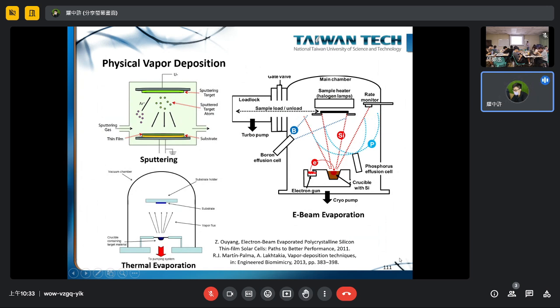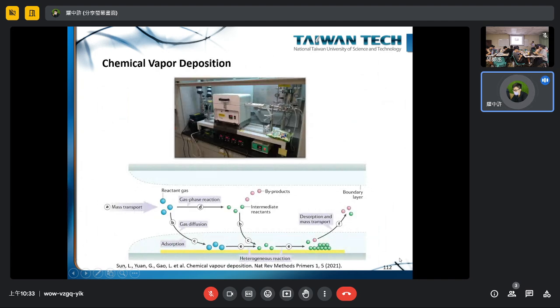And if you have a magnetic field, what will happen? The direction of the electron will be changed. So you will bombard your crucible with material, and then this will heat it up, becomes a vapor, and deposit onto the substrate. Okay, and also chemical vapor deposition: you have two kinds of